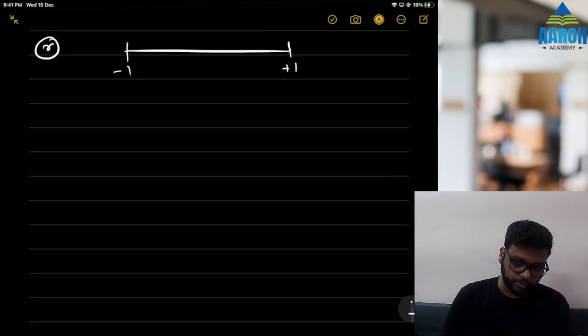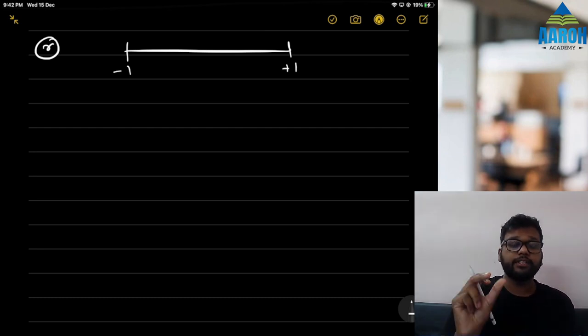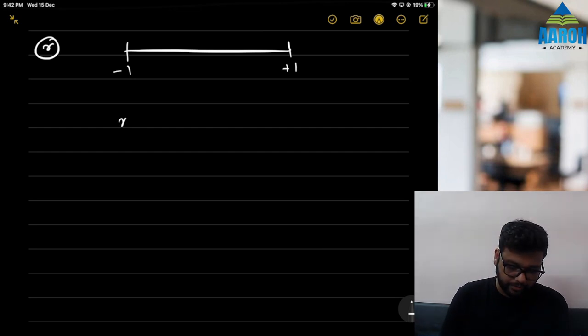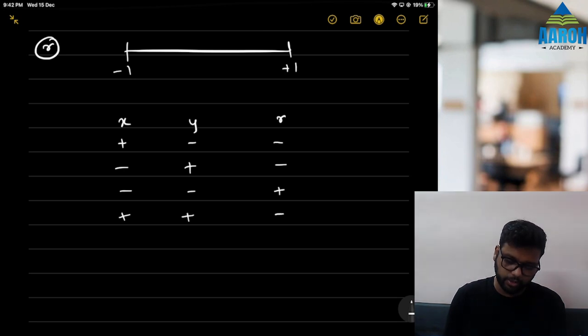Can anyone tell me what is the rule of change of origin and scale? Is it affected by change of origin? No. It is affected by change of scale, but only the sign of change of scale. So if change of scale of x is positive but y is negative, then R will change the sign. If it is minus plus, then again minus. If both are negative or if both are positive, then R is not changed.